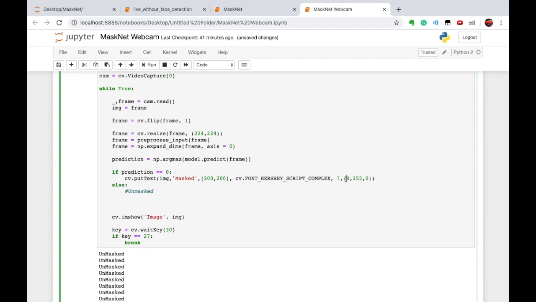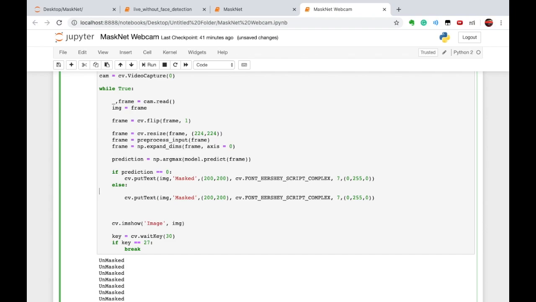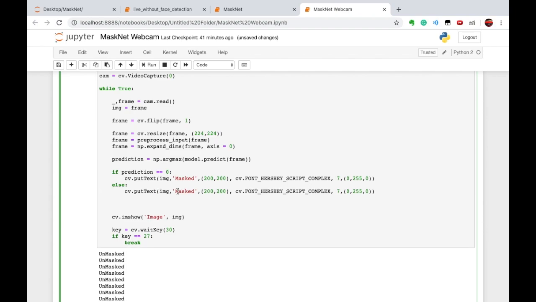And this is the RGB value, which defines what color the font should be on the image. Clear? Now the same we are going to copy for unmasked, and for unmasked I am going to write unmasked. Clear? And everything will remain the same.